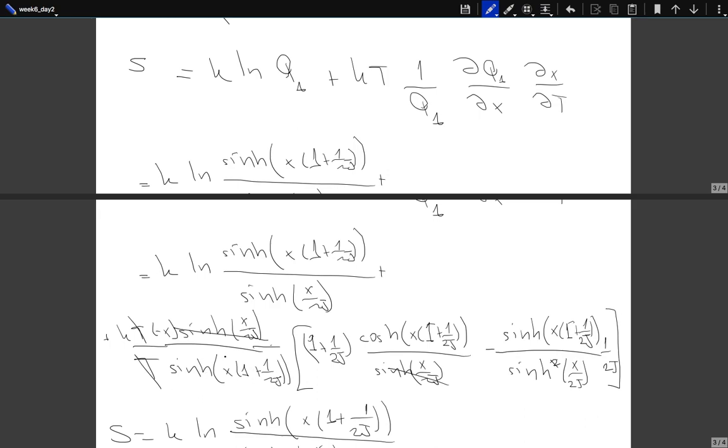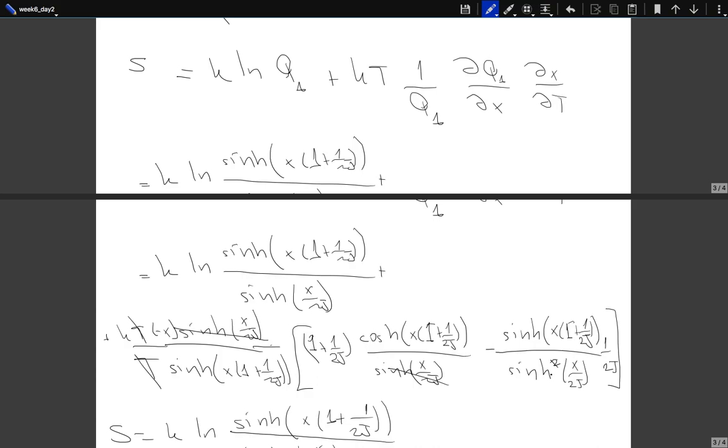Derivative of q1 with respect to x will be the derivative of the denominator, numerator 1 plus 1 over 2j times sinh becomes cosh, divided by this one, minus the numerator remains the, oh okay, now I see